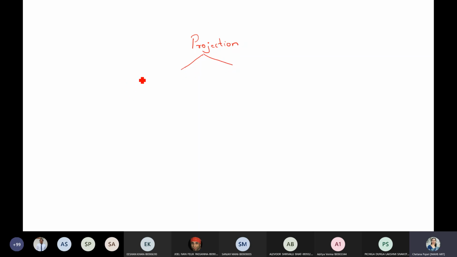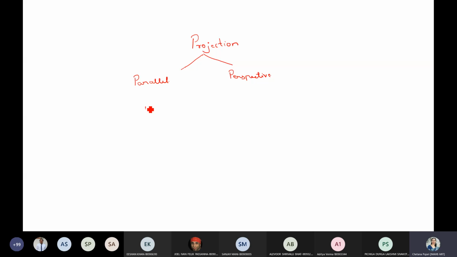First is parallel, right? We have parallel projection, or you can go with perspective projection. Only a few projections I'll discuss. In parallel projection, the lines will be parallel to each other, right? So whatever the object size is, the same view you are going to get.